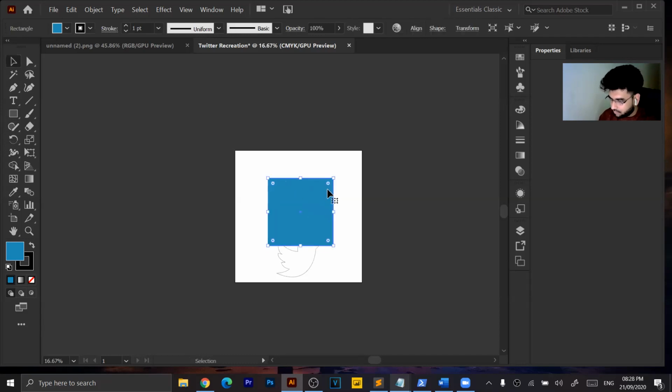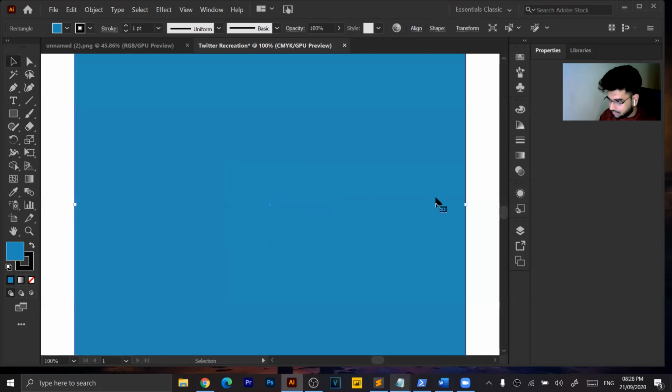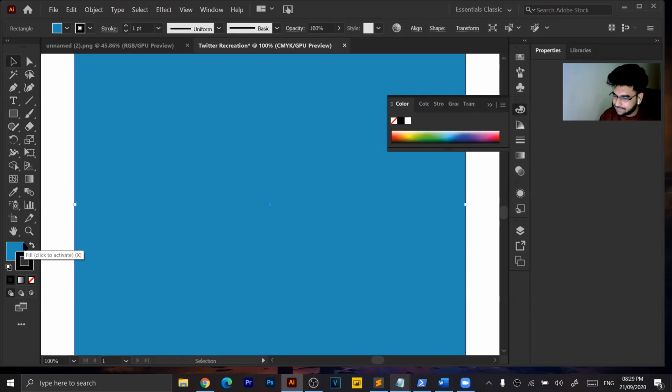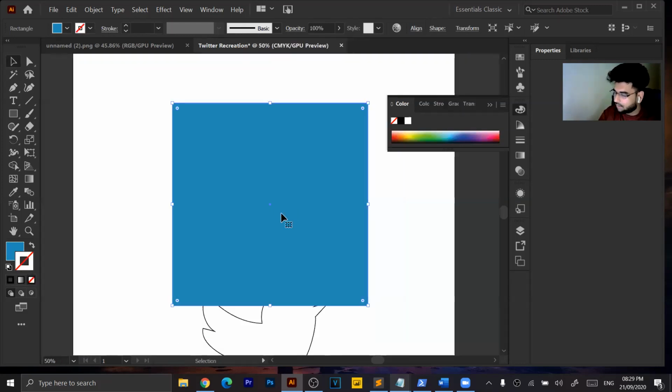Now, I don't need the stroke for this. You can see that the edges also have a stroke, the black edge it has. So I'll be removing the black edge now by clicking it, selecting the stroke option. If you remember, that's what we have done in our previous class. Select this and select this none in order to remove the black edge color. So once you have removed it, you will be having this sweet looking blue colored patch,